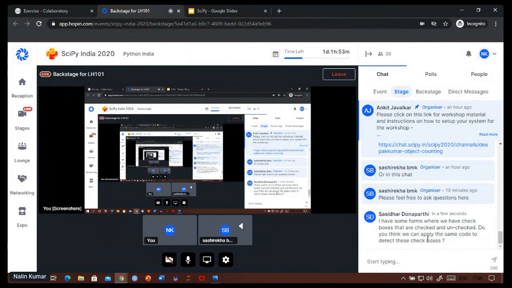Can you say whether these checks are handmade or computer generated? If it is computer generated, I don't think there is a need to even train a CNN. But if these checks are handmade, one can certainly say this method can solve this.